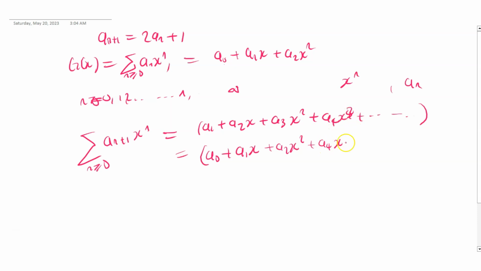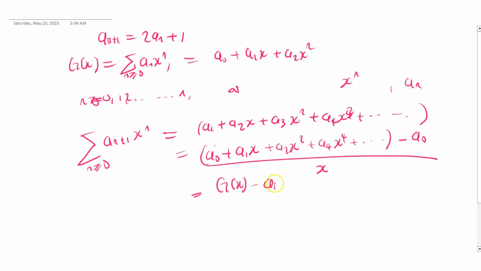Okay, this was supposed to be x to the 4th power. So if we continue further, at some point we have to subtract a sub 0, and then we divide everything by x, because we added a sub 0 here, so we have to subtract it from the other side of the equation. And then what we'll do next is that this is equal to g of x